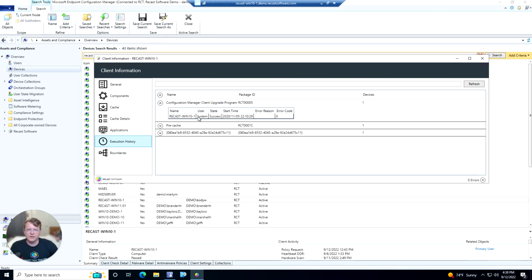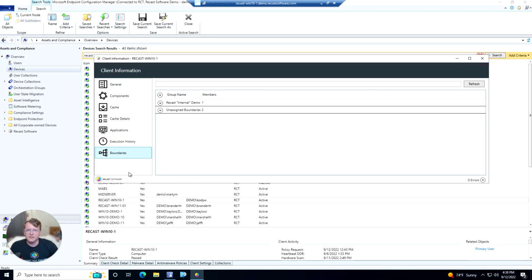We could further drill down and see the device, which user ran it, the state, and the start time, and any error codes if we had those. And the final tab is going to give us some more boundary information about the device, which boundary groups it's in,